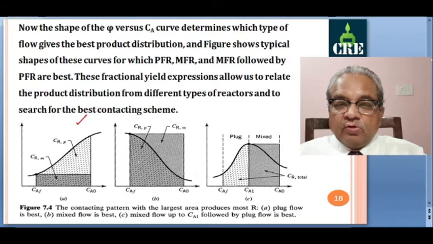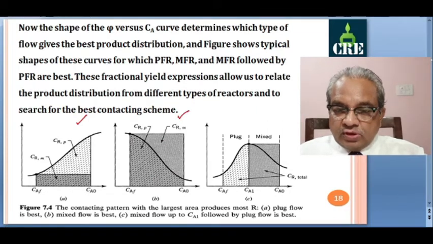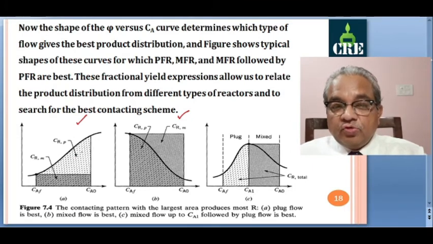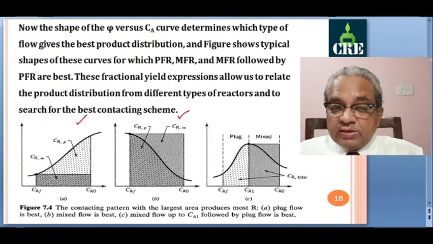If this kind of curve is there, typically a mirror image of this curve, then in this case this area under the curve is for plug flow. So CR in the plug flow obtained is this, and in mixed flow the total area of this rectangle. So you will prefer mixed flow for this kind of curve. For the earlier kind of curve you will prefer plug flow because it is giving you the maximum. Okay, we are maximizing CR.